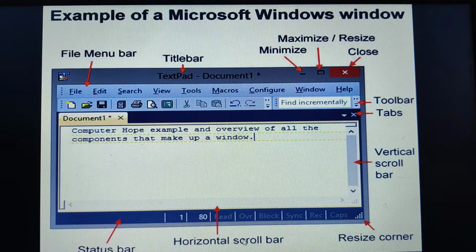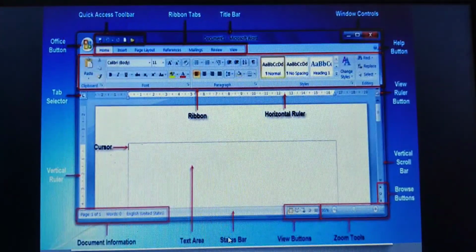Similarly, we have a horizontal scroll bar. The horizontal scroll bar will allow you to view your document from left to right. So to view that, we use the horizontal scroll bar. Next we have the ruler. A very important one is the ruler. The ruler will actually give the status of the page with numerical values, wherein you can view the right and left indents.